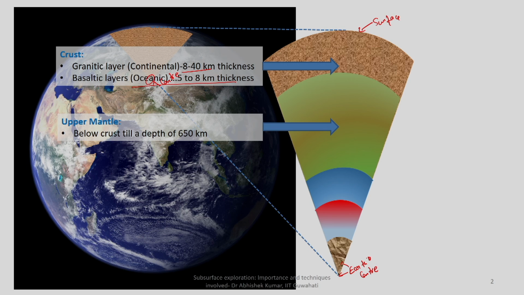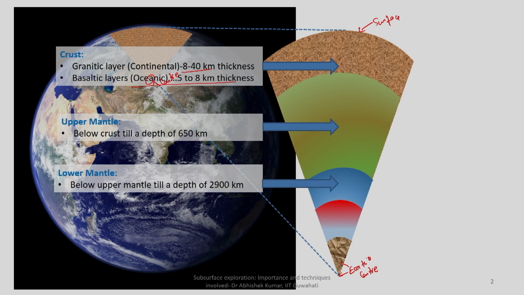high as 40 kilometers. Then under the crust, you are having upper mantle, which is below the earth crust and extending up to 650 kilometers. So, from the lowermost region of the crust up till a depth of 650 kilometers, the layer is called upper mantle, and again below upper mantle from 650 kilometers to 2900 kilometers you are having lower mantle,